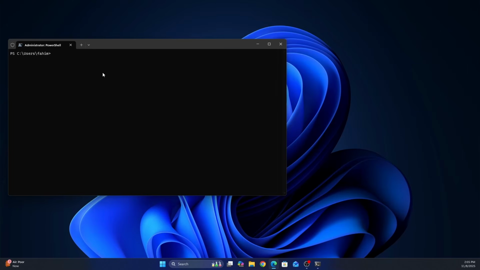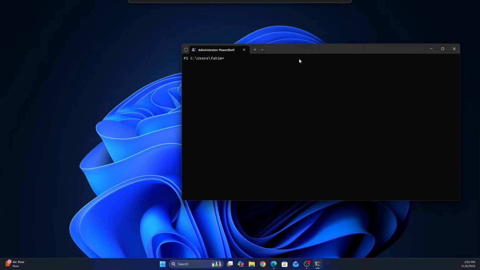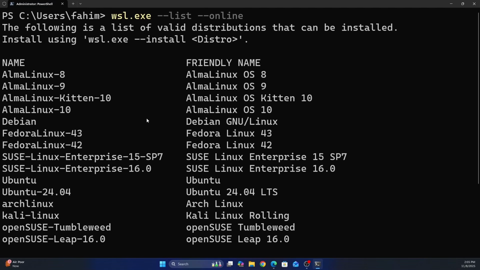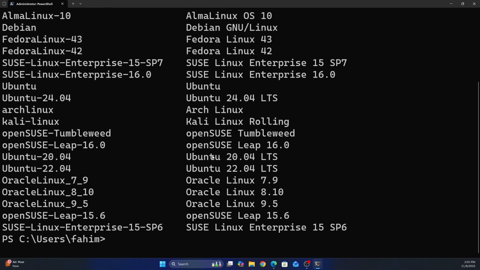And now we can see the available Linux distros for us by using this command wsl.exe --list --online. So here they are providing us all of the list we have and we can install. We can definitely install exactly this Ubuntu 24.04, but if I'm not wrong, this native Ubuntu comes with the latest LTS,